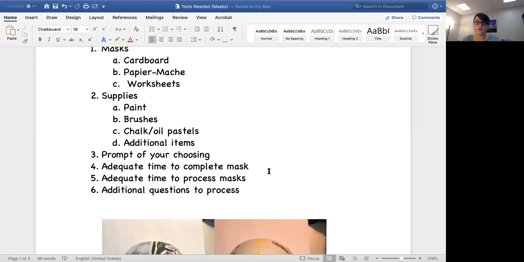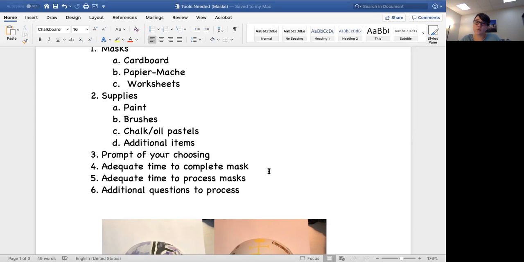They were fortunate enough to have enough space to complete this, or they're just traveling with their items back and forth, but making sure that your client or your student is able to complete whatever part of that you want them to in the session. If they're going to come back and complete that, make sure they have enough time, and then adequate time to process the masks. So especially with your clients, just as I'm doing with the students with the project, you want to make sure that you have enough time to